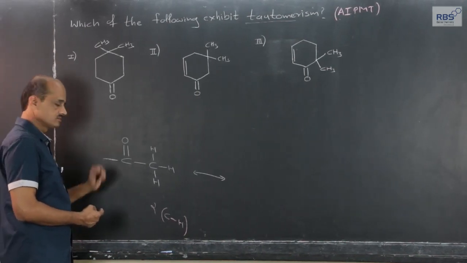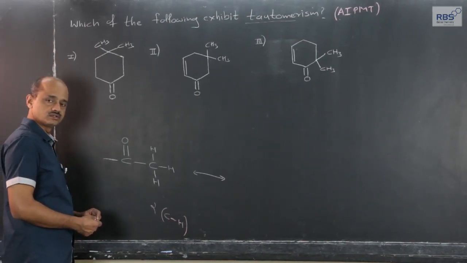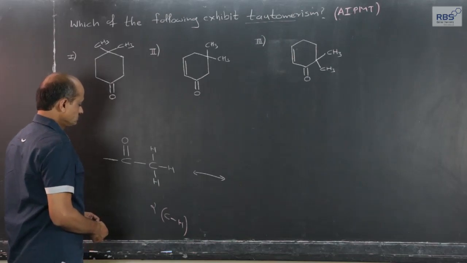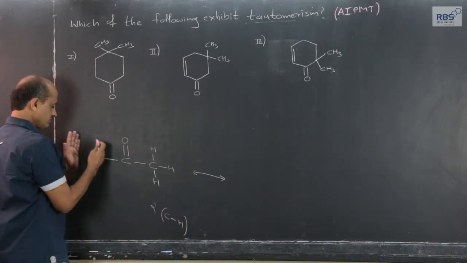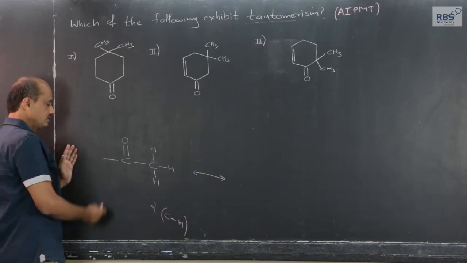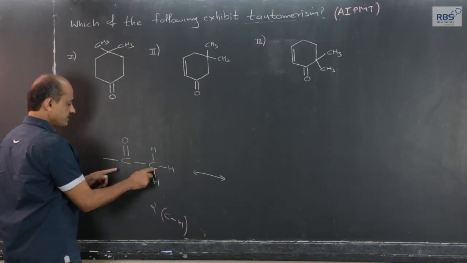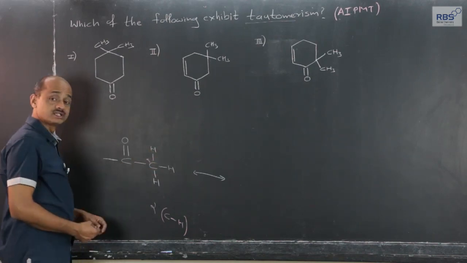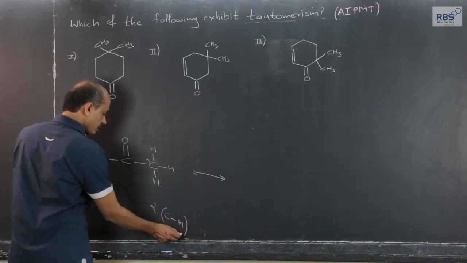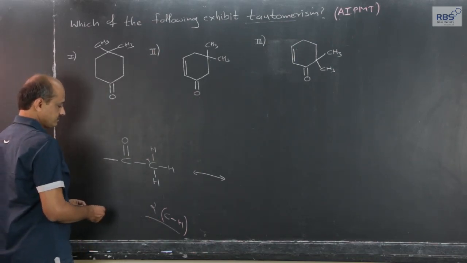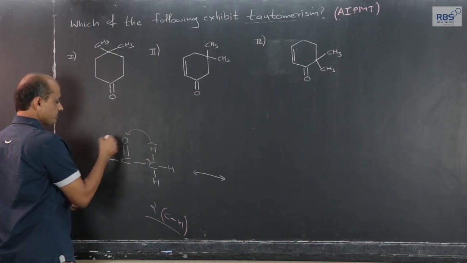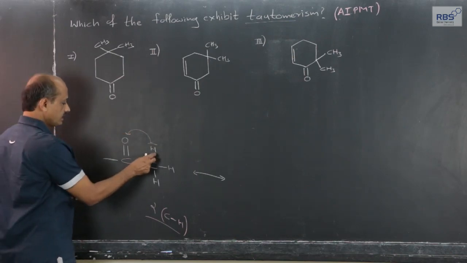So, I have written a skeleton to just go through the basic concept, and by using that we will directly solve the example. Here in this skeleton, R can be hydrogen, alkyl, methyl, ethyl, propyl. The carbon which is directly attached to the functional group carbonyl carbon is the alpha carbon. So, three such alpha CH bonds are present, at least one is required. Therefore, it will take part. What happens is that the alpha hydrogen atom forms a bond with the carbonyl oxygen, and the sigma CH bond, the shared pair, forms a pi bond.